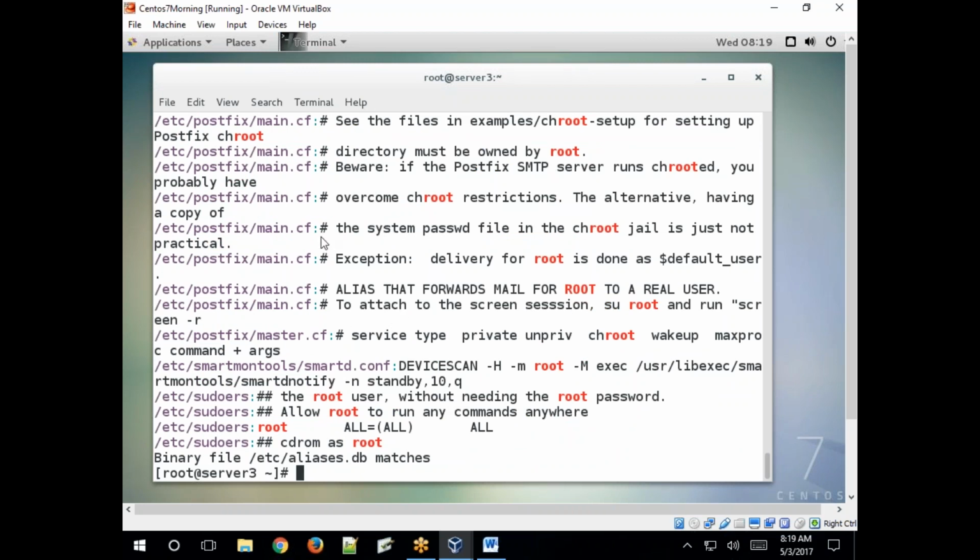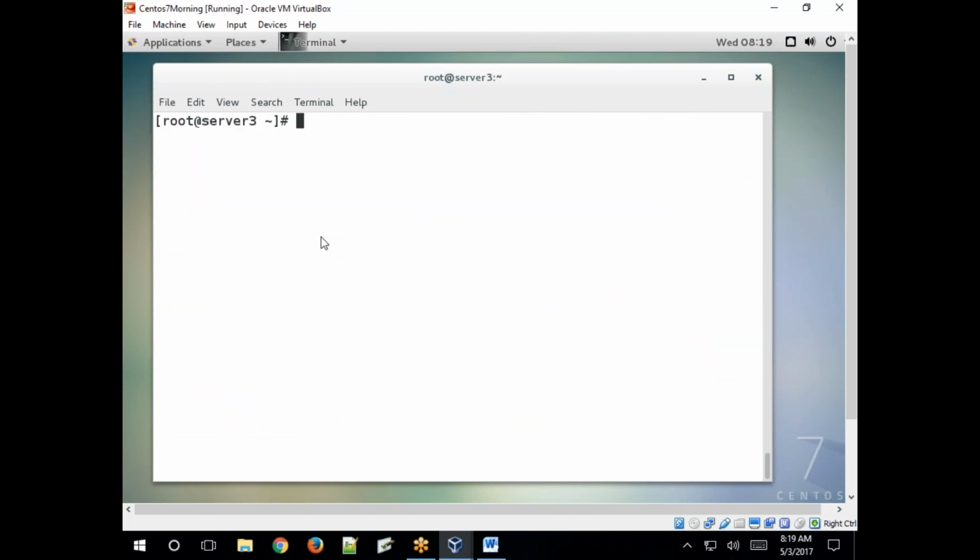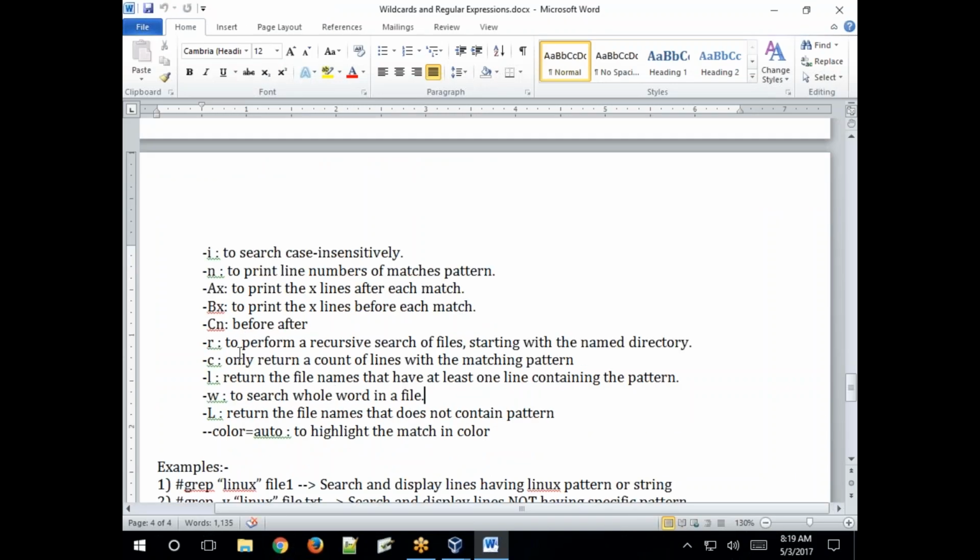See, the number of times the pattern repeated. Clear? Like this. Or if you want to specify a specific file, passwd, then it returns only that particular line. Clear? Like this. To search for a specific pattern in all the files recursively, use the -r option.